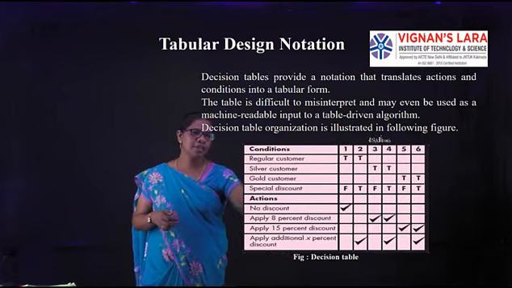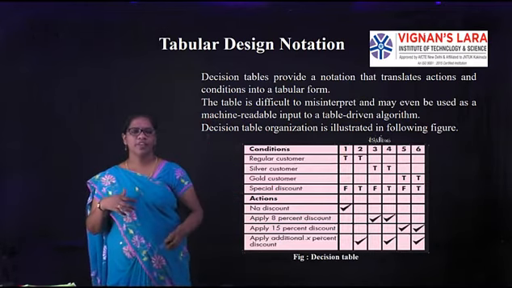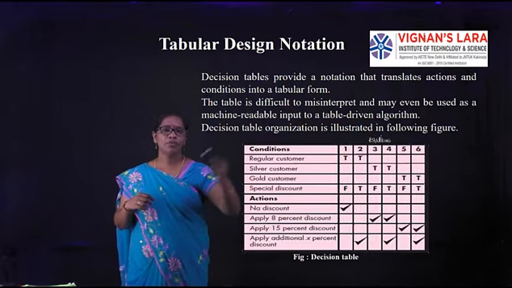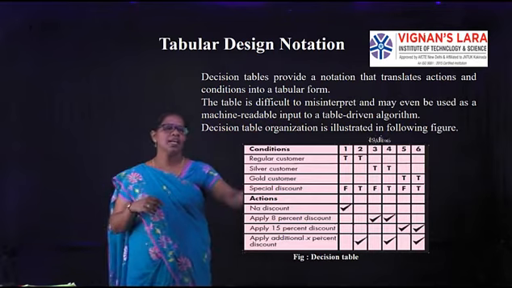So these are some conditions. In those conditions, in what extreme? This is 1, 2, 3. So 1, 2, 3 is nothing but some extreme values. For example, you people are giving some feedback, in feedback 1, 2, 3. So if it is a 5, very good. If it is a 4, good. Like that are the conditions.